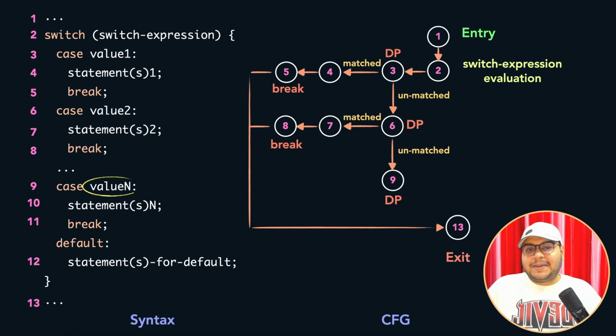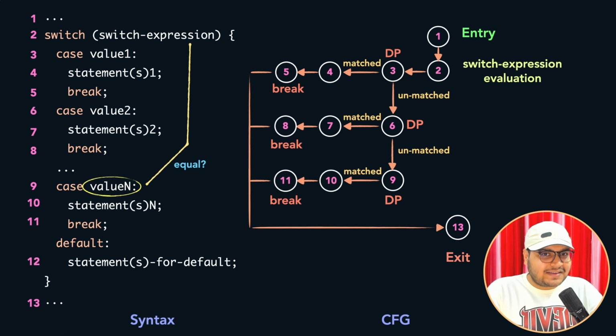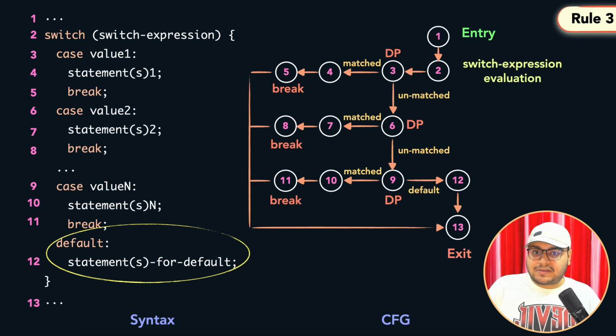And this process keeps on repeating for all the values until we reach the final case value, that is value n, as shown over here. But what happens if none of the cases match? This brings us to the third rule of defaults. The default case, which is optional, acts as a fallback which performs actions when none of the specified cases match the switch expression. It's a very special block that ensures that the program doesn't just skip over the entire switch